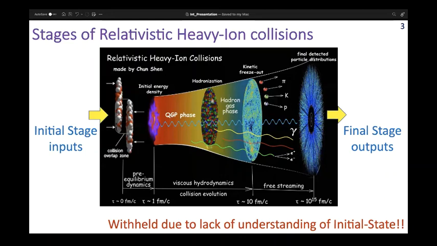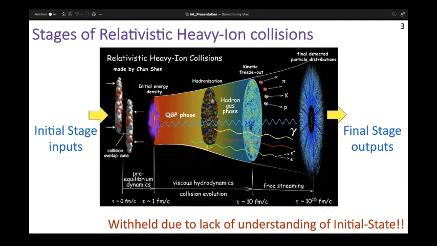So in this slide, I present to you the various stages of relativistic heavy ion collisions. But for the purposes of this slide, consider this entire evolution as a huge black box of which we know everything about. So this entire schematic reduces down to a very simple algorithm, which is simply that we have some initial stage inputs, which go into this black box, and then it gives us the final stage outputs in the